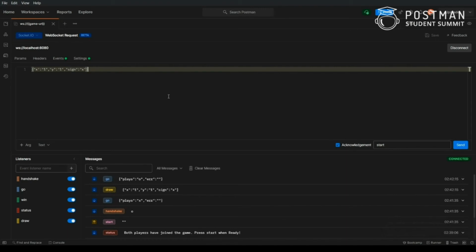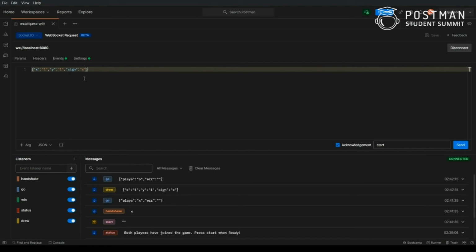I'll add it here. If you see, it allows me to do that, but I don't want it to be this. So what is the change that I want? I want it to be sent as a JSON body and not a text data. So I want it to be sent as JSON. I'll just click on JSON here. I'll change some data here.